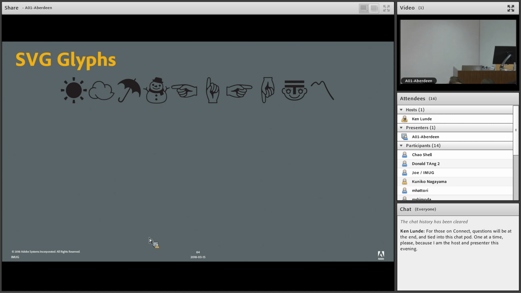So we have black sun, cloud, which means kind of rain, snowman, pointing hands, and we even have this smiling postal code symbol. And even this thing, some kind of Japanese poem symbol. Anyway,